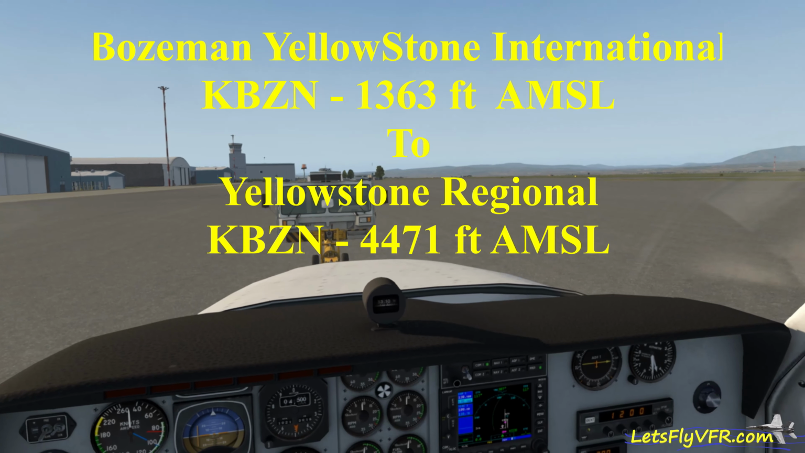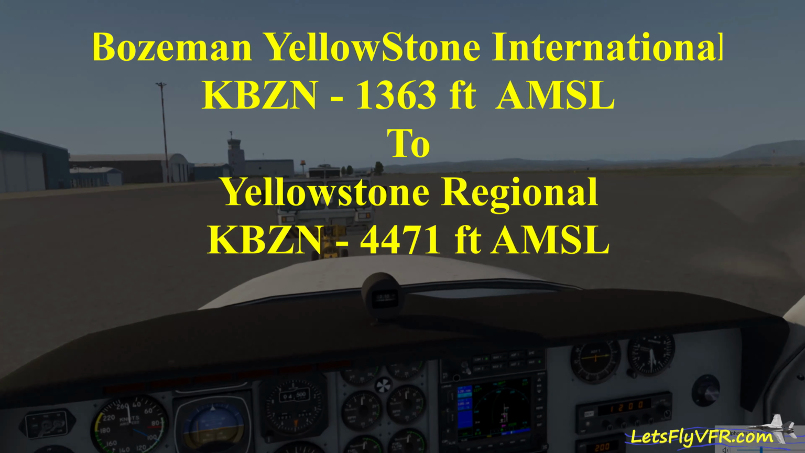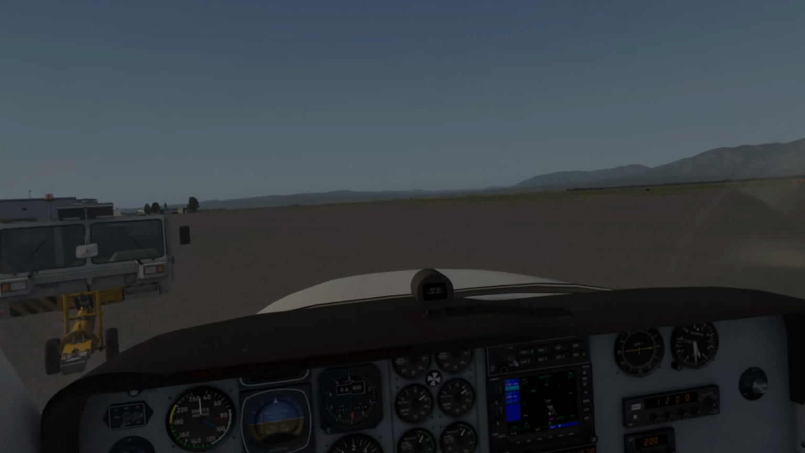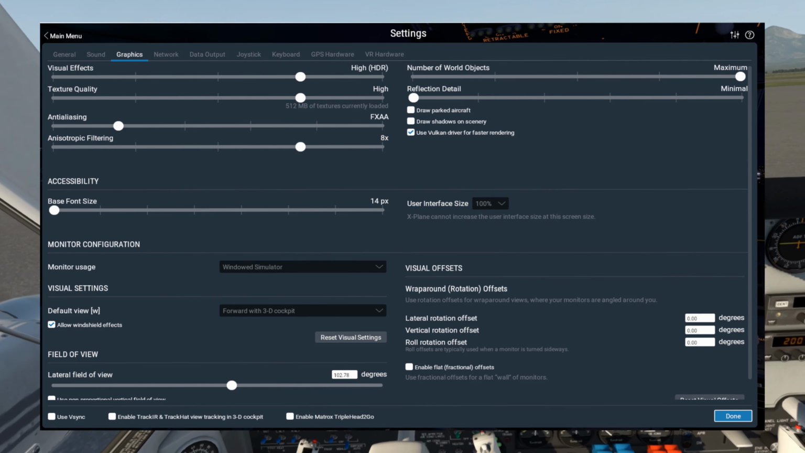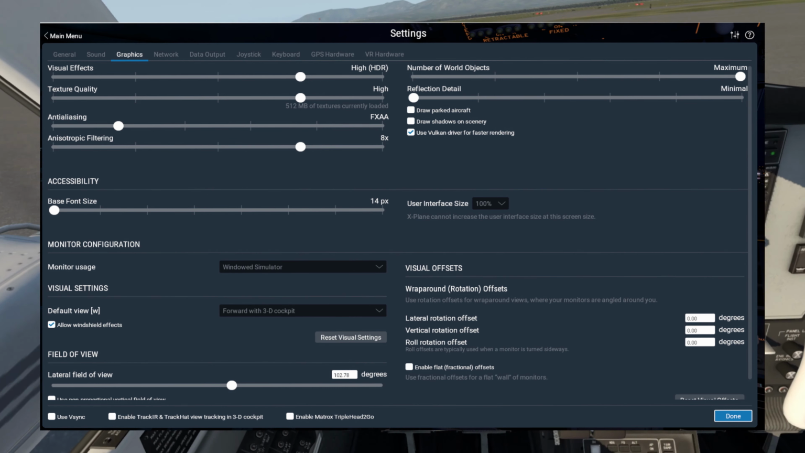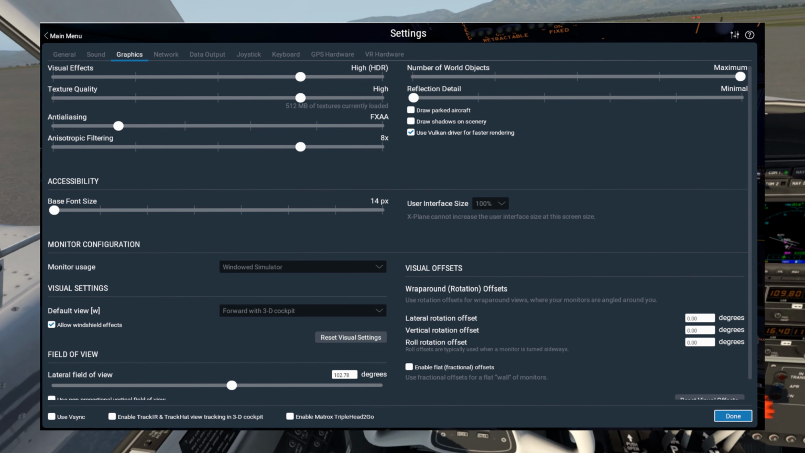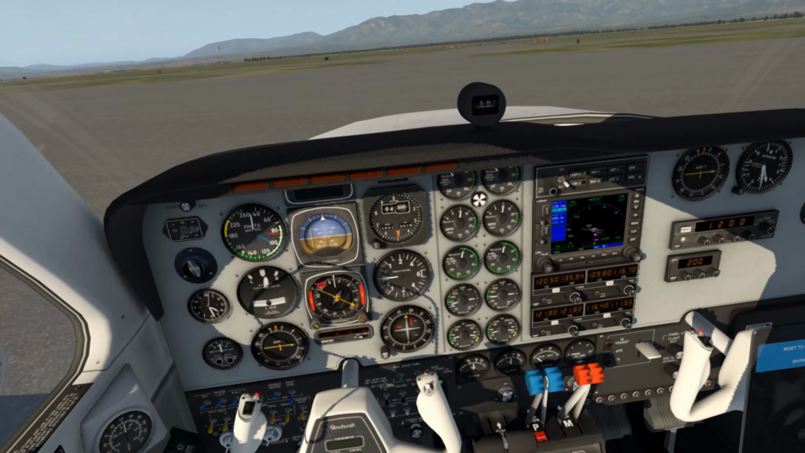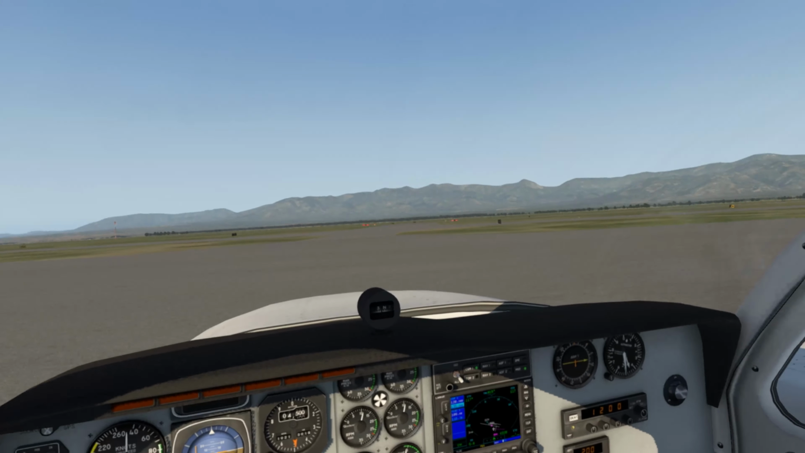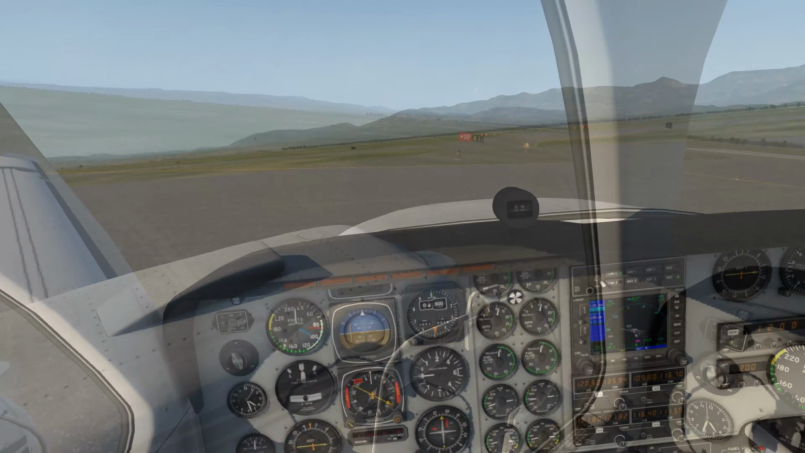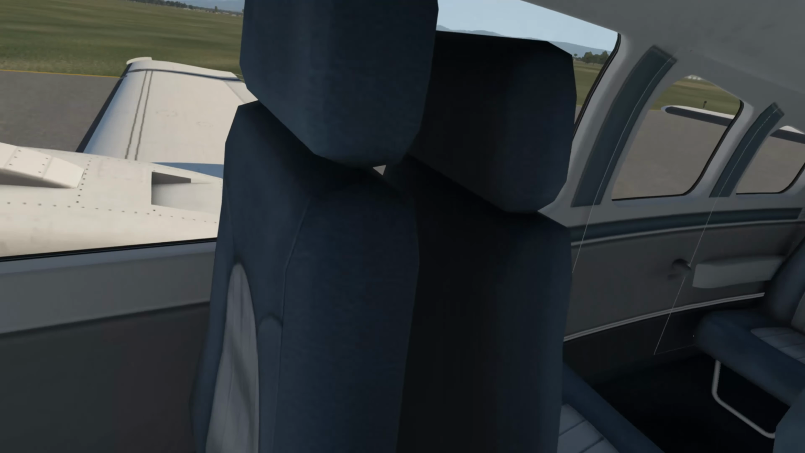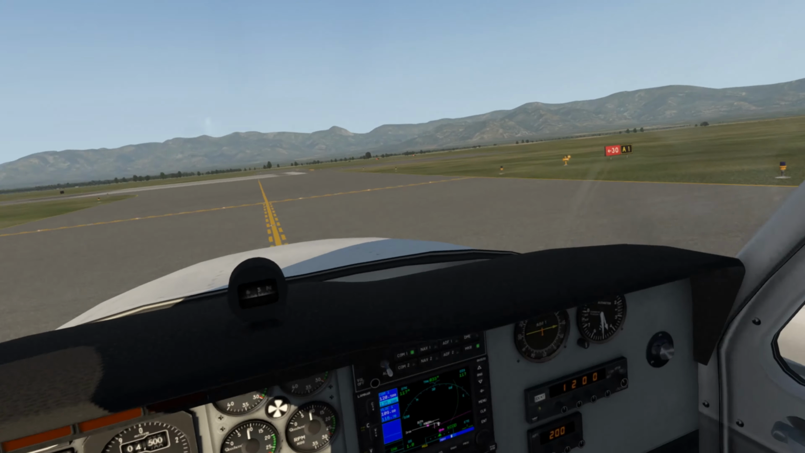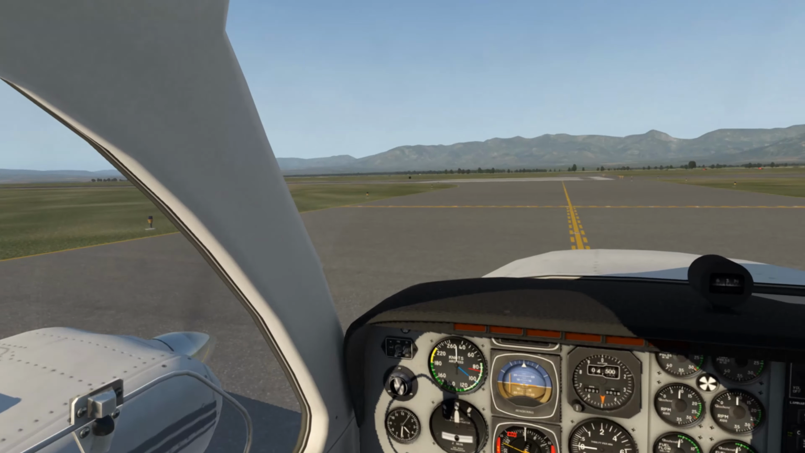And today we're heading from Bozeman, Yellowstone International, over to the regional airport. It's about 100 miles, I think, from where we are. These are my current settings, and these do vary reasonably depending on the amount of detail around. Sometimes I just pop back the amount of objects if I'm running short of FPS, but with the advent of